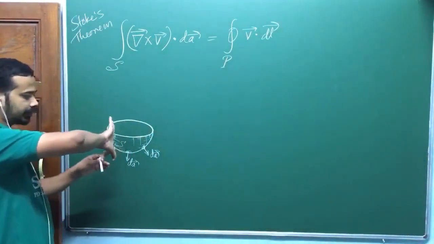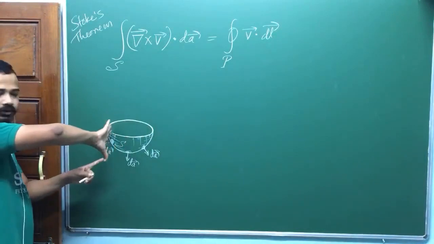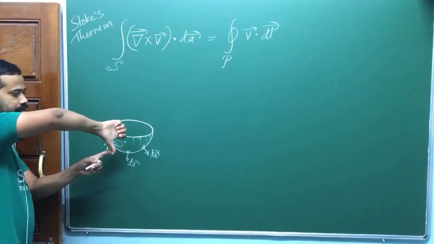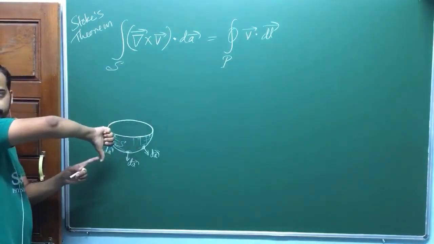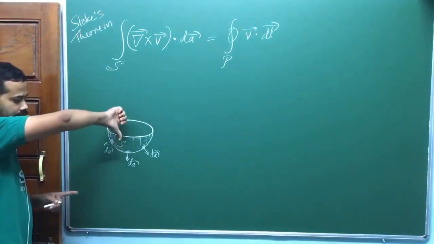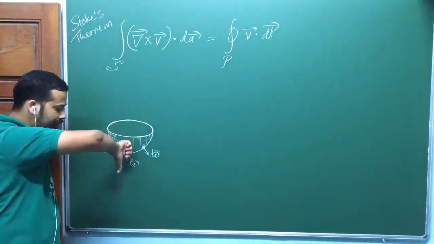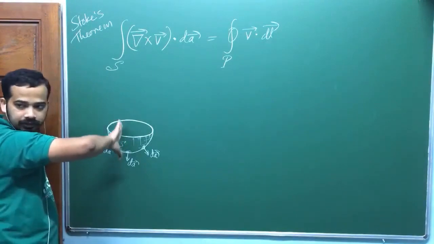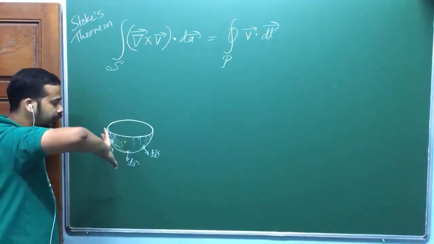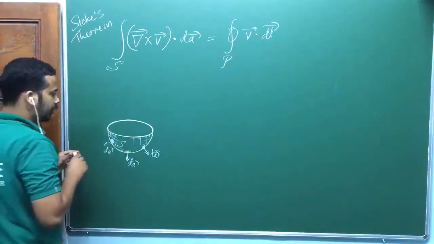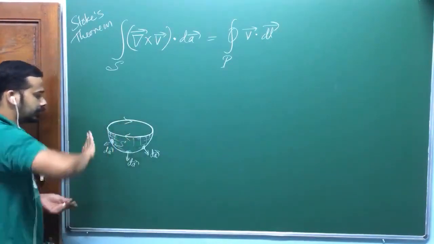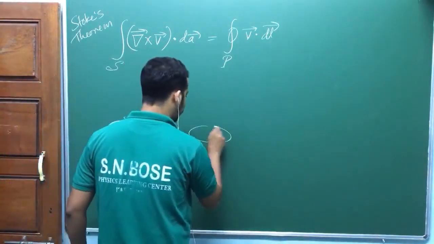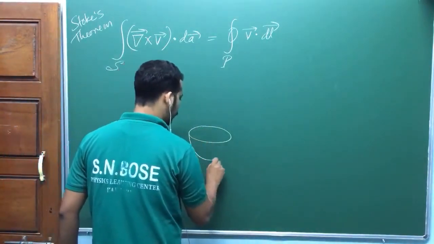If my thumb is the dA vector direction, my four fingers should represent the path integral direction. Now you can argue dA vector is not only like this, it is like this, like this, but take it like this. This is the dA vector direction, and your fingers will represent the direction of the path integral. Or if you take the same hemispherical ball,